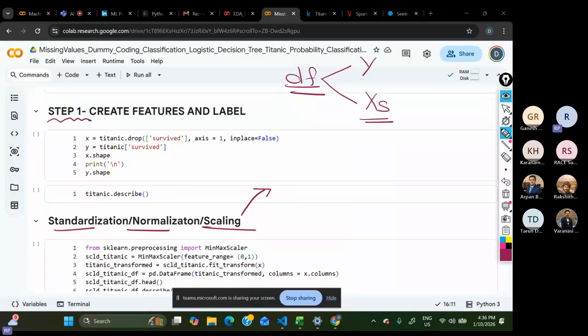We need to scale first. Why do we need it? Because, for example, if my data set has 2 features, one called age and another called salary, and we are predicting something like future salary, the salary value is huge, meaning more value. So our equations or our model will be biased toward the salary because it has more values. So we need to scale all these values to a certain range